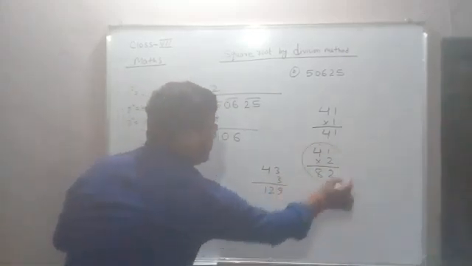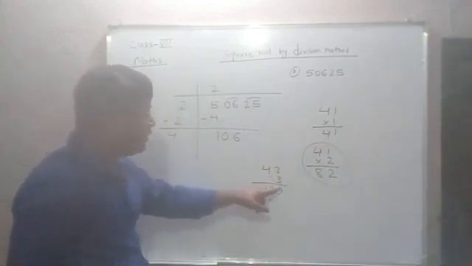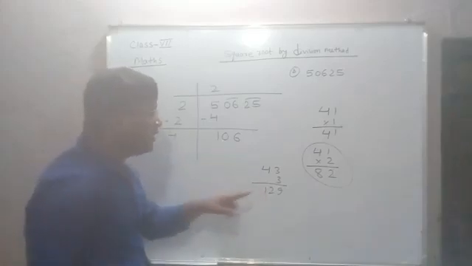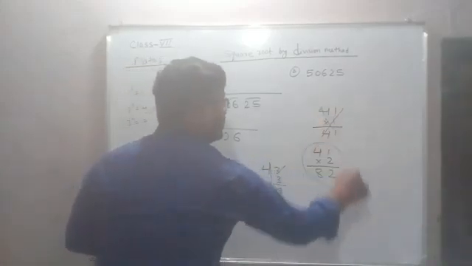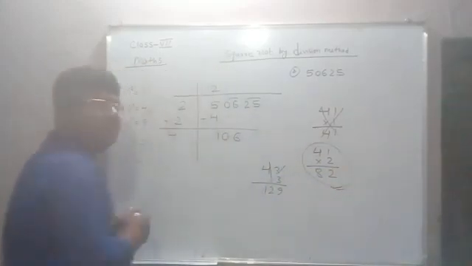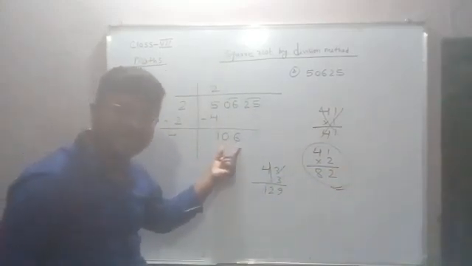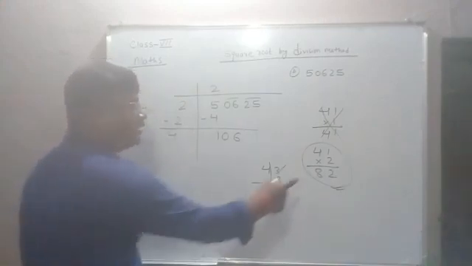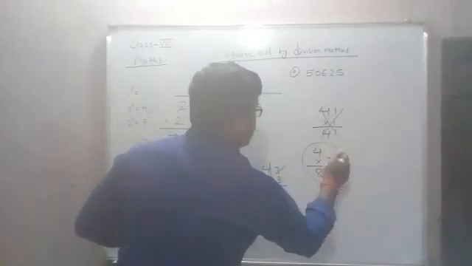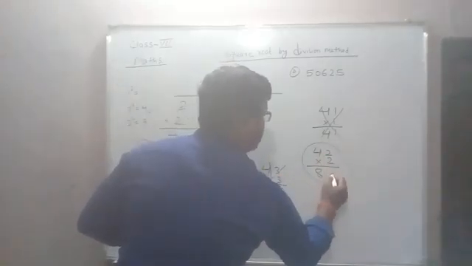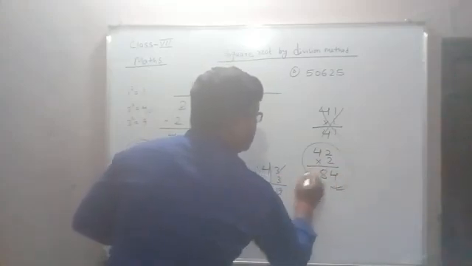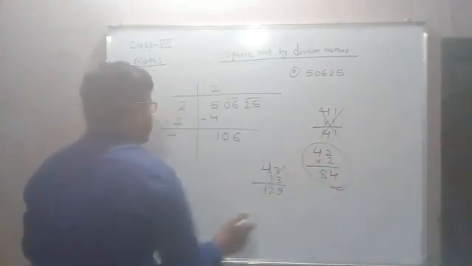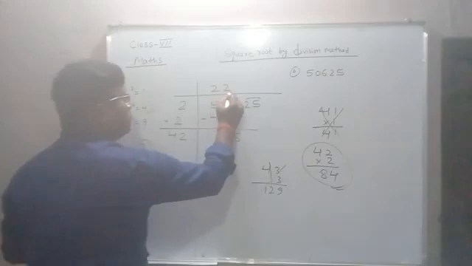What I will do, I will take this 2, because the third one, 43 times 3, is 129. It is greater than 106, so we will not take this. This is not appropriate, and this is also not appropriate. This is the appropriate one because it is just smaller. Either you get exactly the same number, or if you do not get it, take the number just smaller than this. So this is the one. The number which we write here, we have to multiply by the same number.